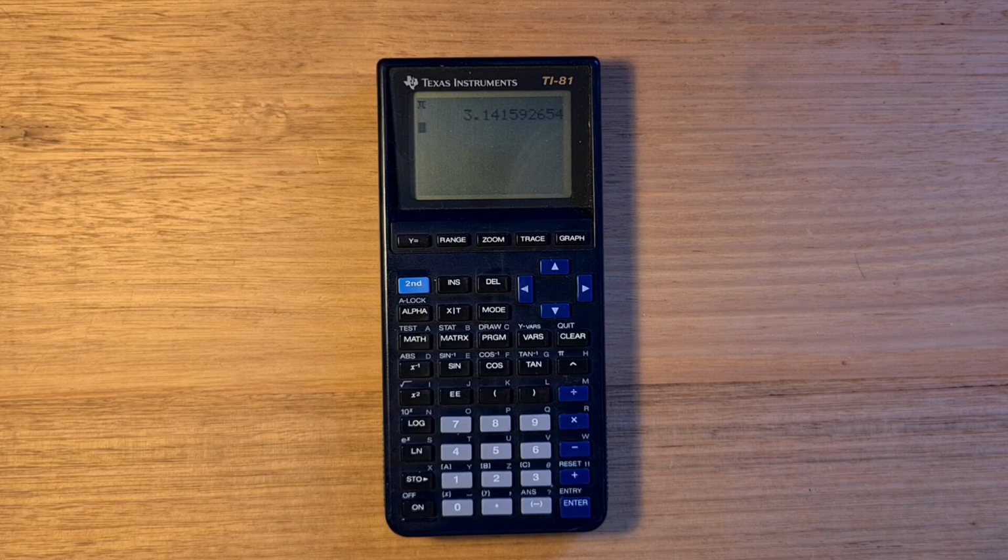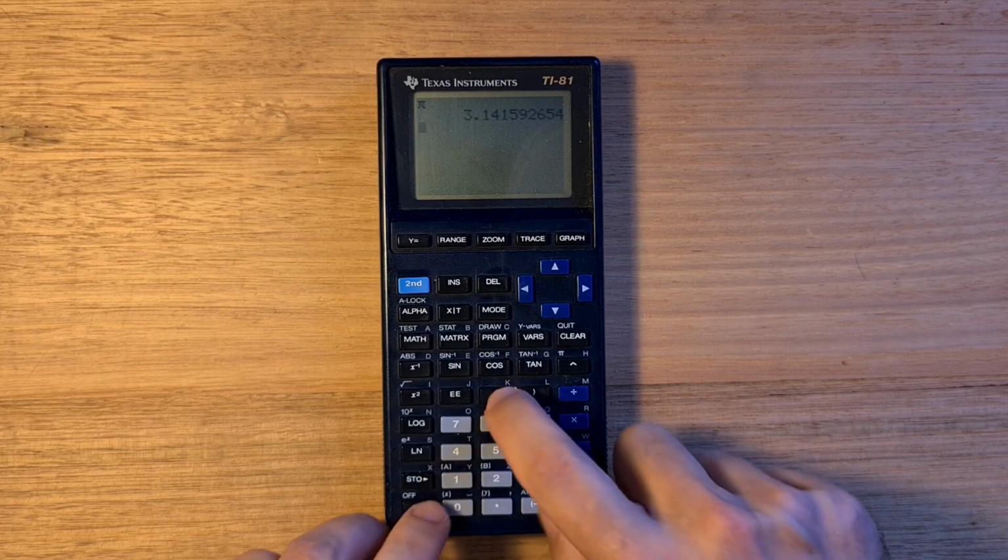So the core experience of the TI-81 is based on TI's Equation Operating System, or EOS. And EOS allowed numbers and operations to be entered in a straightforward sequence using order of operations. And here is an area where TI clearly pays homage to earlier Casio devices. And EOS supported implicit multiplication. So, for example, I can type